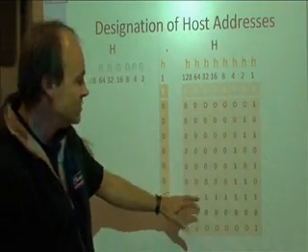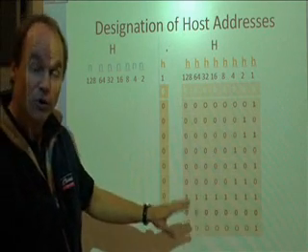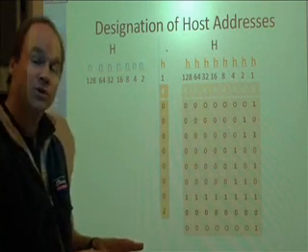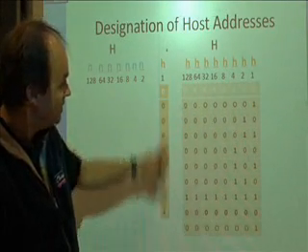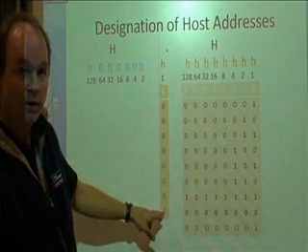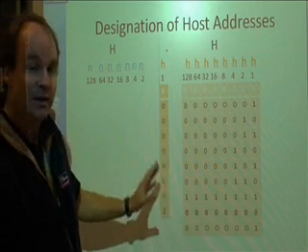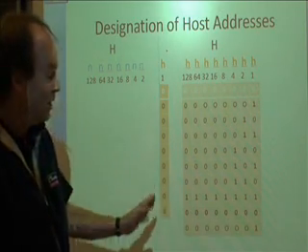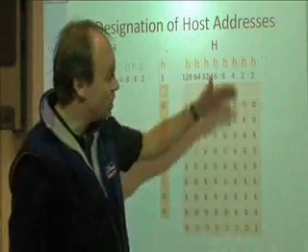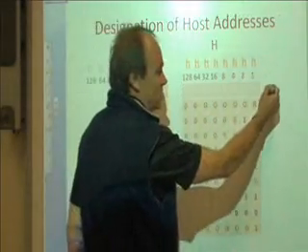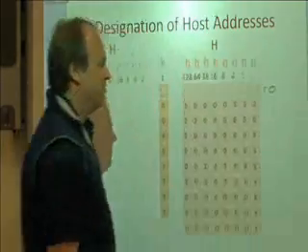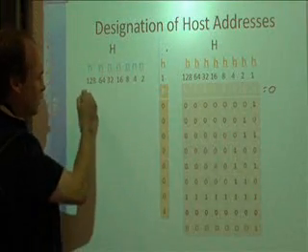255. But that's not a broadcast. You'll have learnt that all ones in the host portion is in fact broadcast. So that's where we'd have to have a 1 in this host bit as well. So that's important to understand, that our host address has to basically recycle through again. What I mean by that, in our first case we see this is equal to 0. And therefore, for our first network that we found, which was